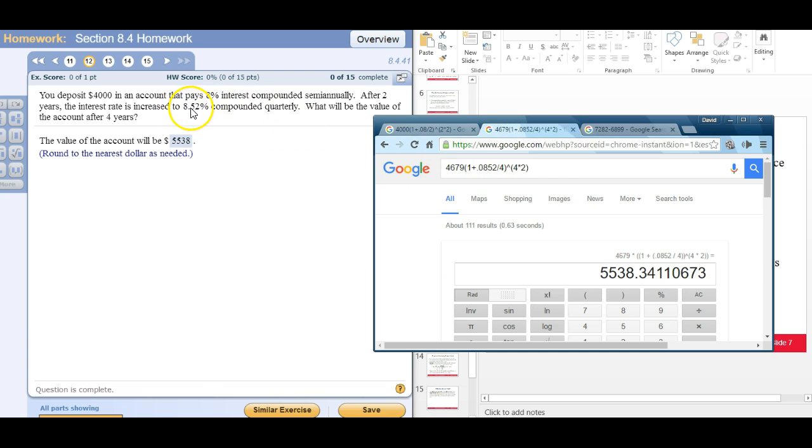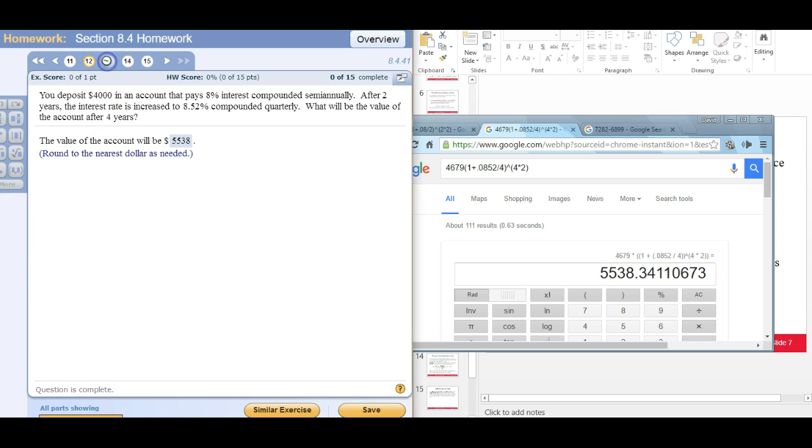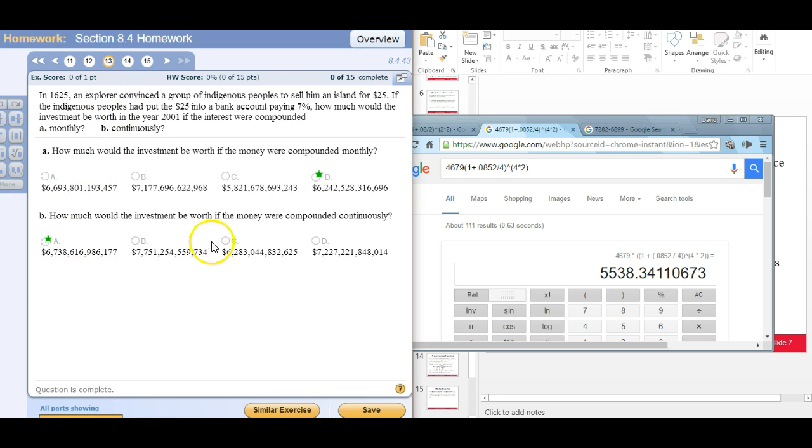into the next one, which is 0.0852, 4 times per year, compounded quarterly. So 4, and then there's the last 2 years. And so we get 5538.34 for the second round, the second part. Alright, and then for this one,